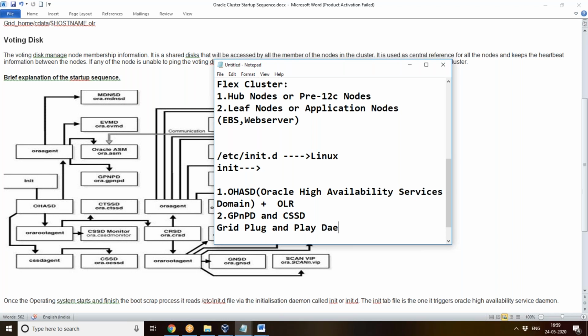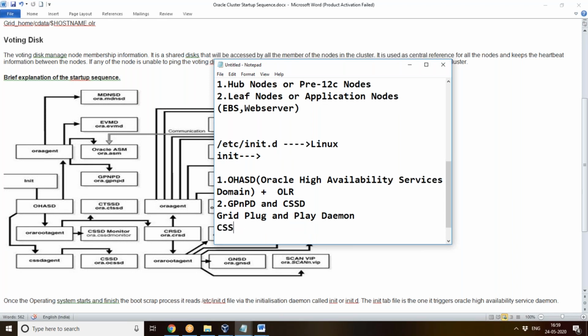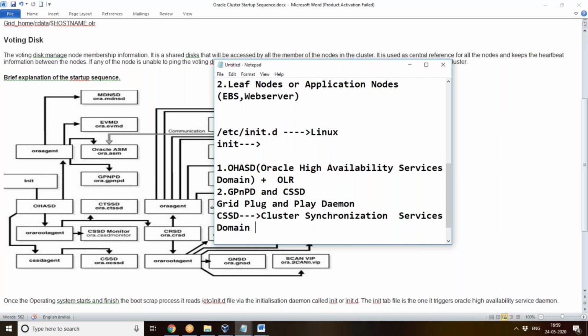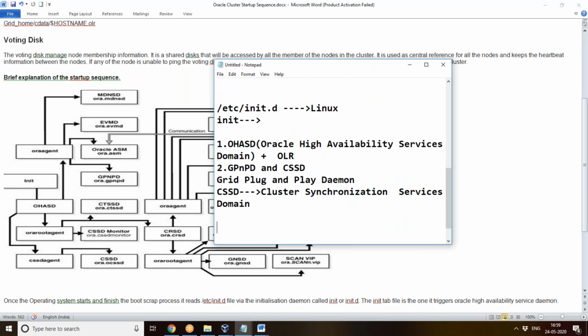And CSSD means Cluster Synchronization Services Daemon. So this OHASD is starting the GPNPD and CSSD.